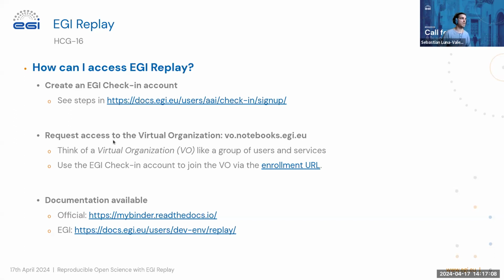So first you get your Check-in account. Second, you need to request access to a virtual organization that we call notebooks.egi.eu. And the virtual organization is just a group of users and people, and you can only access EGI Replay if you belong to the group. So you need to request access. To do that, you just need to use your Check-in account and click on this enrollment URL.